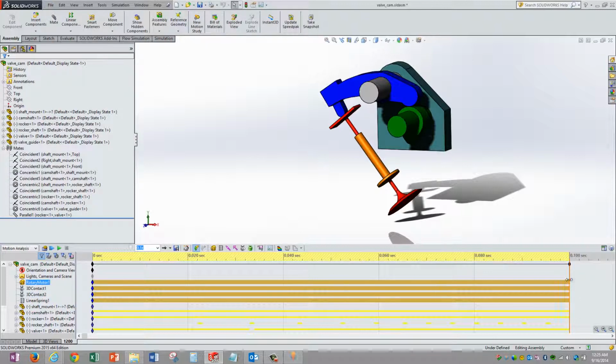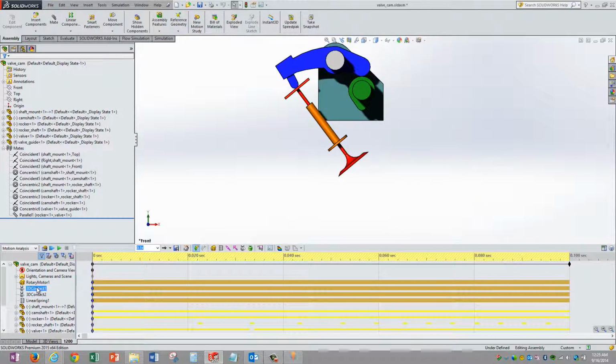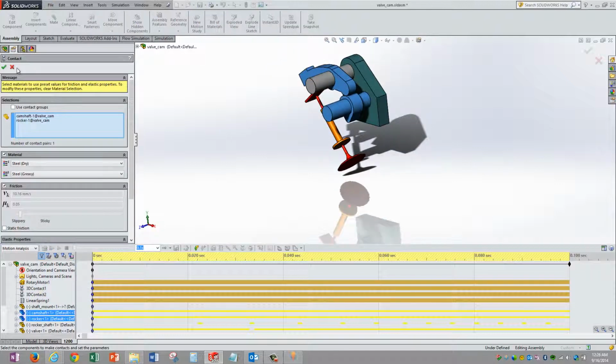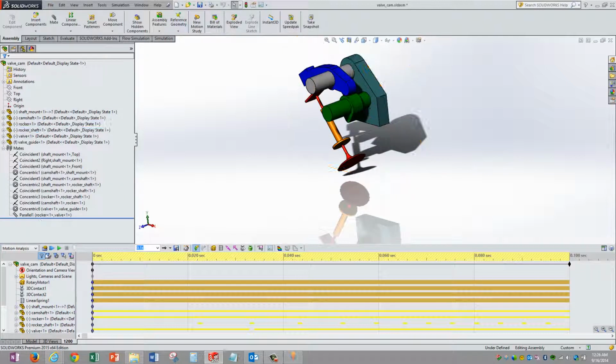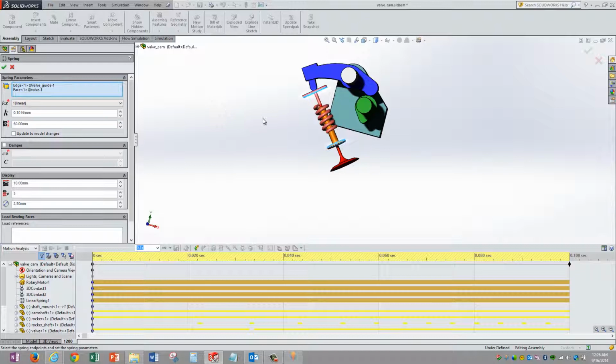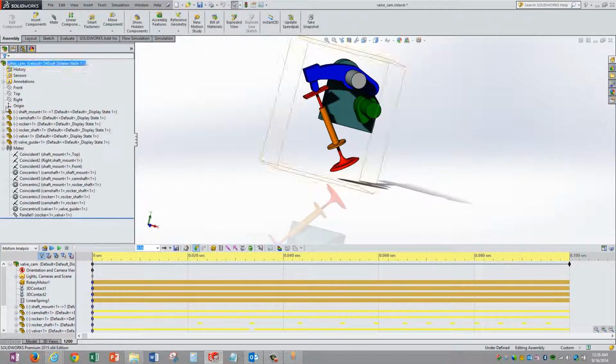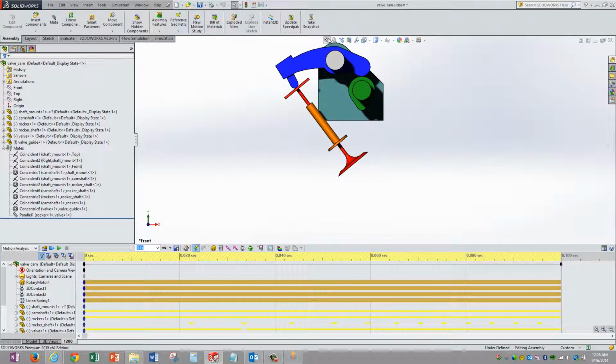Apart from that, we are also giving the contact details. That is, these two parts, as I mentioned, we expect they do not penetrate each other, and similarly on the other two sets. Finally, there is a spring over here which is defining the necessary stiffness between the oscillating rod. We can give the details of the spring over here, and once this is done, there is a quick solution that happens. On doing that, we can see an animation which looks something like this.